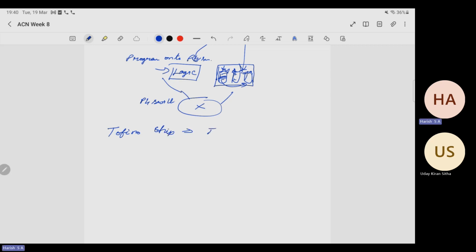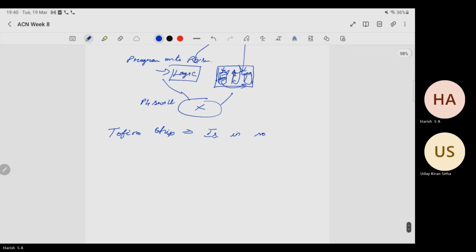And this chip is in some switches. So vendors buy these chips and they implement it in their switches. One of them is Edge Core. This is what we have in IIT Hyderabad,